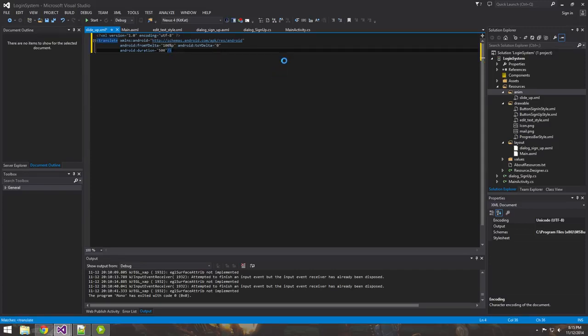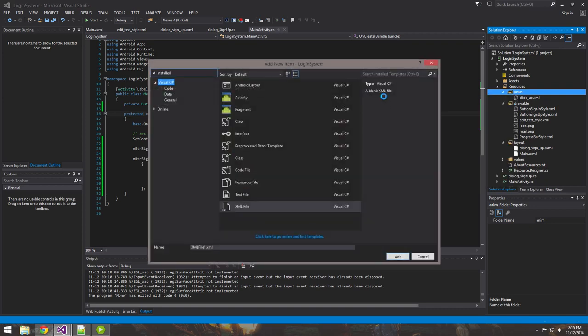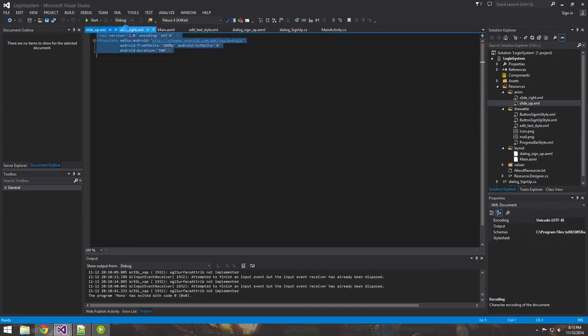Okay, and close that off. All right, so this is coming from 100% of the y, so from the bottom of the screen to the top, and because the dialog won't take up the whole screen, it's going to go into the center. All right, and close that out, and we need to make another animation, and we'll call it slide right. Okay, what I'm going to do is open this back up, copy and paste it over just to save time,